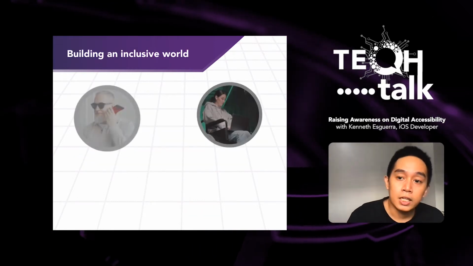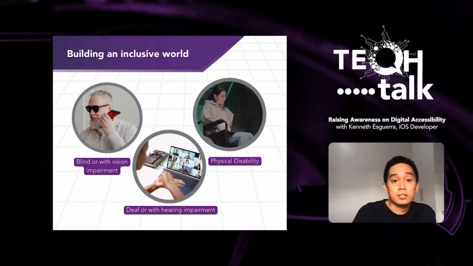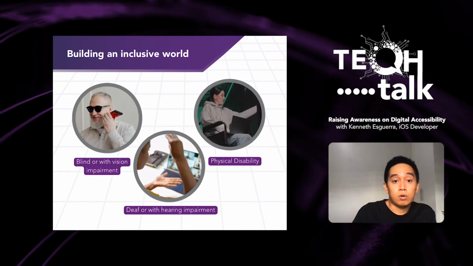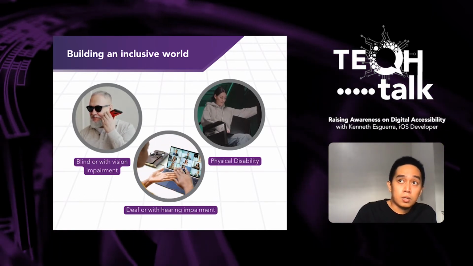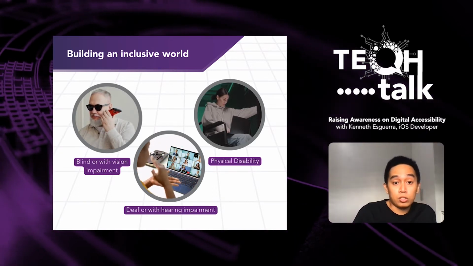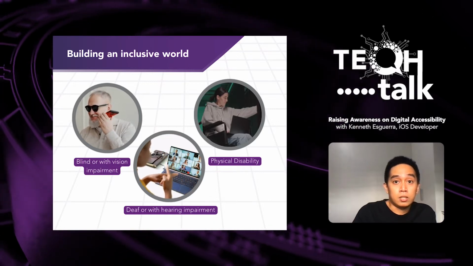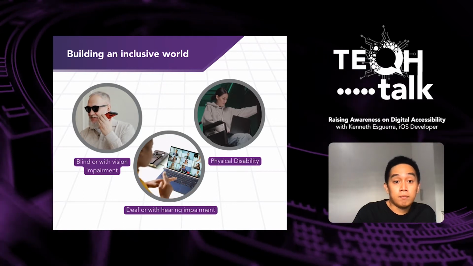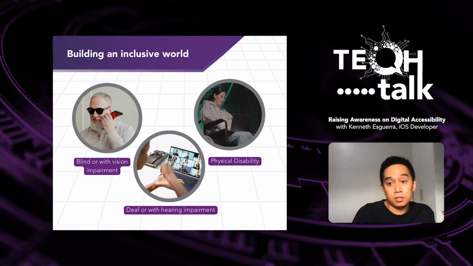For hearing impairment, we can use voice recognition. We want to make sure that the website or mobile app is responding to voices or commands spoken by the user. Also, we want to make sure that they are aware of what is happening in their surroundings. For example, Apple is adding sensors so that when they hear a fire alert, the mobile app will prompt a notification that a deaf person will be able to see. So those are life-changing and life-saving features that you can benefit from.